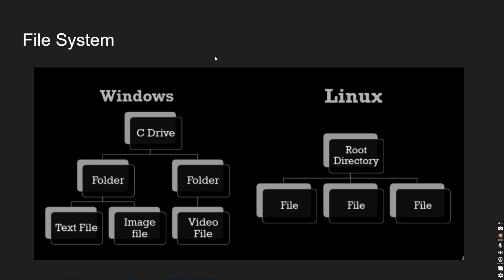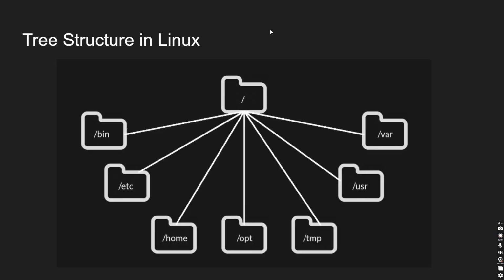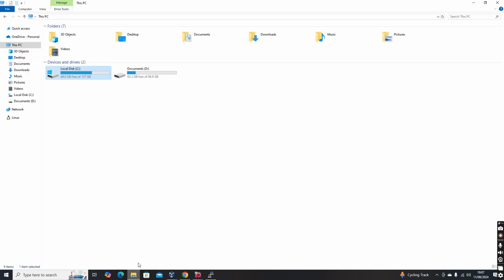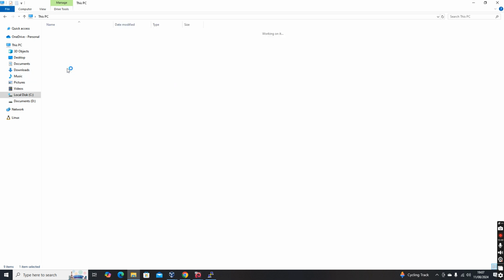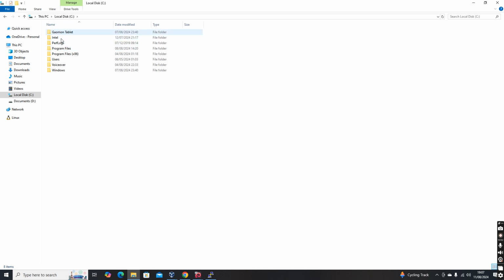Now coming to the file system. This is one of the important things that you have to understand in a Linux system. What I have seen is that when software engineers start interacting with Linux, they have some understanding of the Windows system, because you have a nice GUI based system, and you know the C drive is there, the D drive is there, then you have the desktop, right? For example, in my computer, C drive is there, D drive is there, and in C we have something like Program Files. Program Files is basically where our application related installations go.